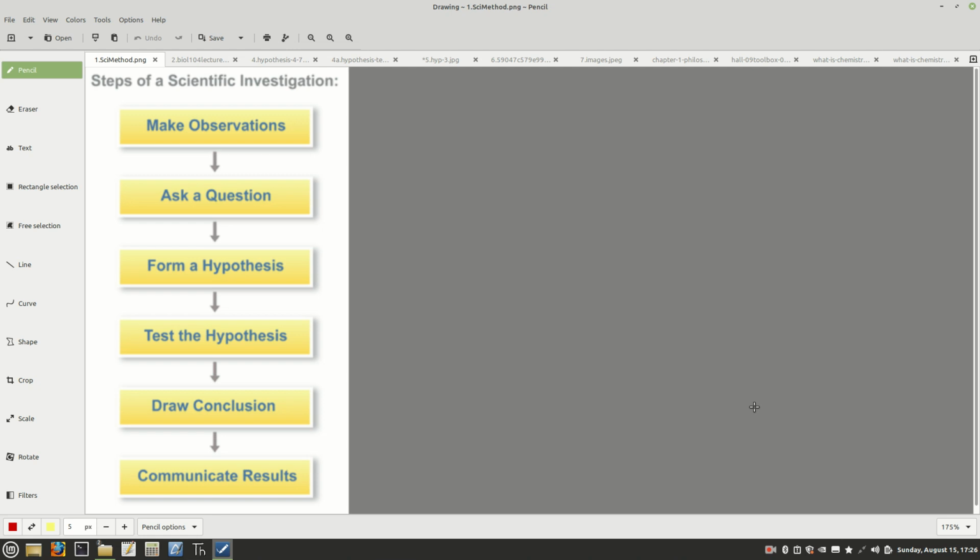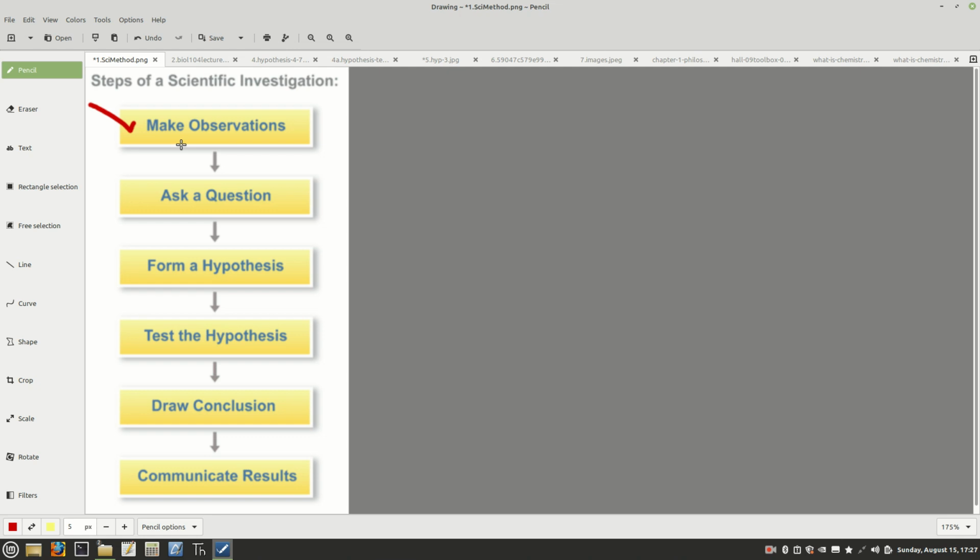He was not technically a biologist, a scientist in the real sense, because Darwin did not complete this list here. He came up with the theory of evolution, but to really do hard science that we're going to be talking about here, you need to be able to do experiments. And if you think about it, yes, Darwin did make observations. He also asked questions. Why do these things happen?